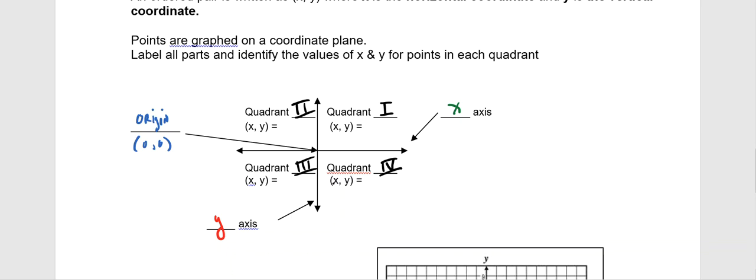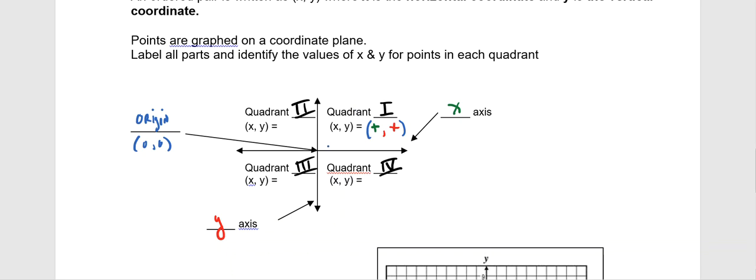So the next thing that we'll finish out before we move on with the bottom part of those notes is to remember how ordered pairs, remember an ordered pair is made up of a coordinate for x, the horizontal location of a point, and a coordinate for y, the vertical location for a point. We just want to quickly remember how those points are constructed for each quadrant. So if we're in quadrant 1 from the origin, we're moving to the right, so that's considered a positive direction. But then we're turning going up, and that's also considered as positive. So any ordered pair in quadrant 1 would be made up of a positive value for x and a positive